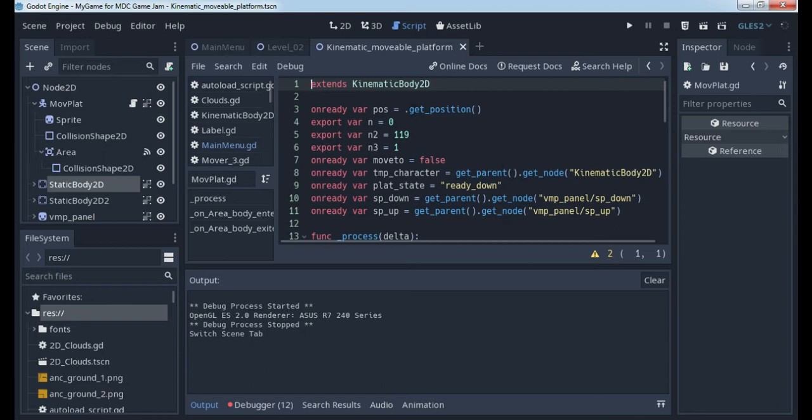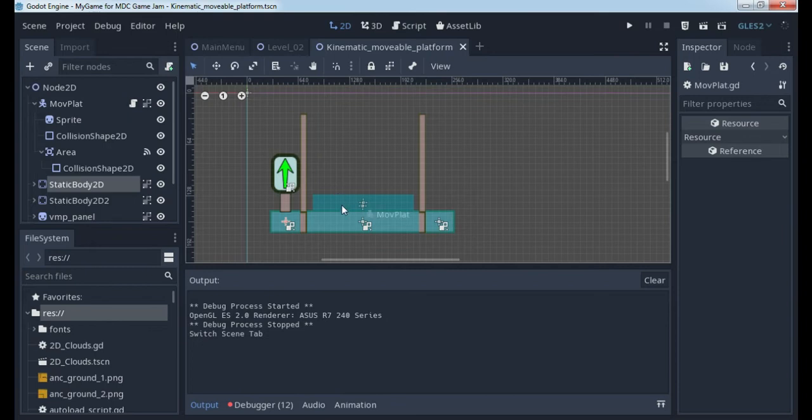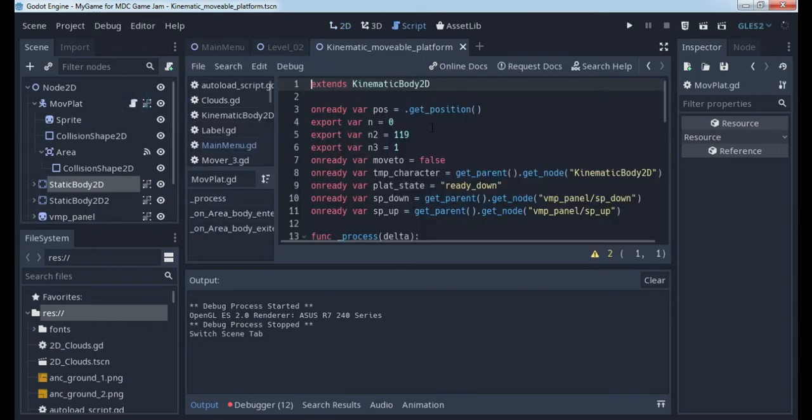Here we use the get_position method to get the position of an object. This object is our moving platform. Also we use get_parent and get_node methods for getting nodes